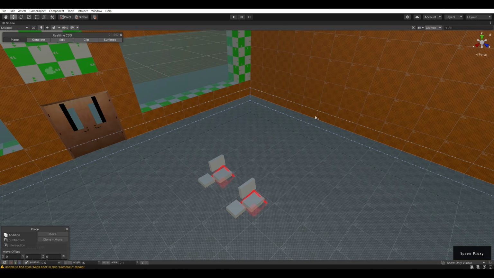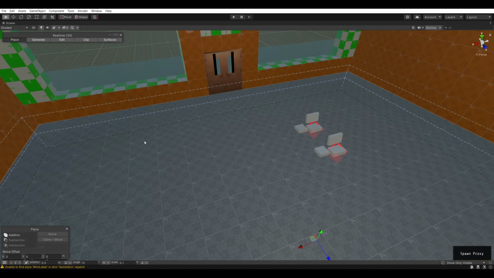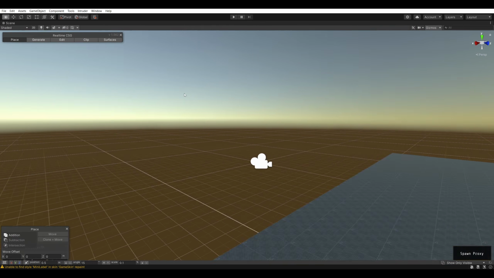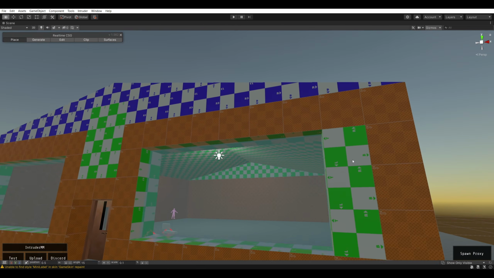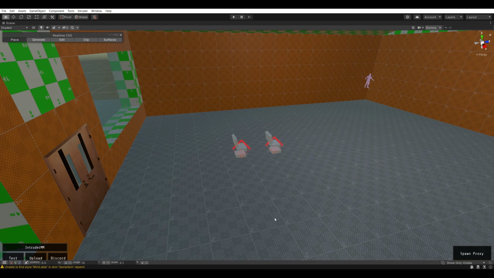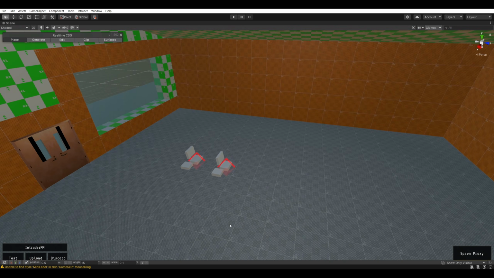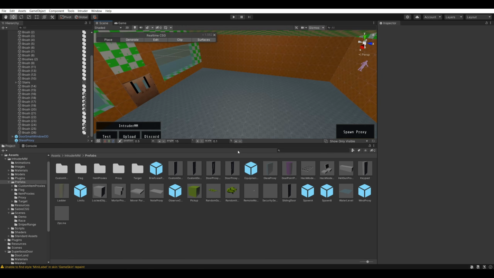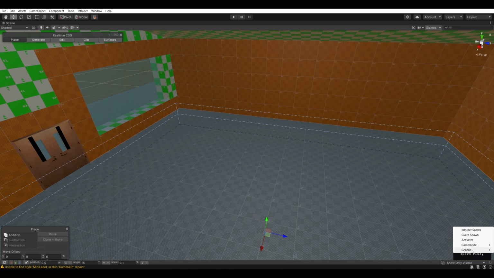Okay, so I learned something new about proxies. So I have good and bad news. The good news is I learned a new thing about proxies and how to spawn proxies. There is this spawn proxy button down here. The bad news is I still don't know exactly how the hack nodes work. The video tutorial that is basically the only video tutorial on how to do this did not cover hack nodes. It just said how to spawn proxies. So I think in the future, we actually don't want to spawn them this way. That we were doing the method of dragging and dropping them in, that might not be the way we want to go about this. Instead, what we want to do is click the spawn proxy button, go to game mode,